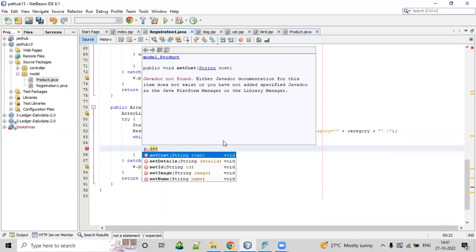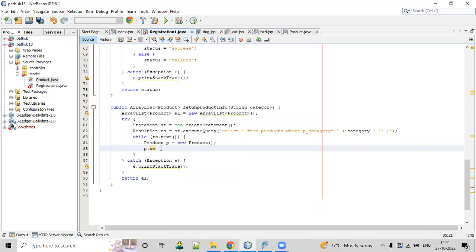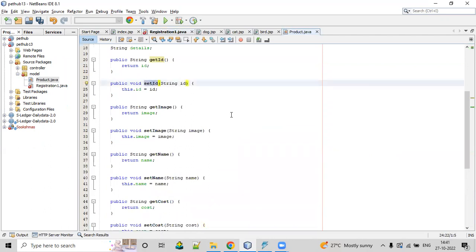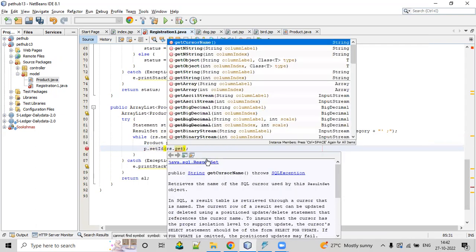See, if you type set, the suggestions come up there. All the 5 methods are there in the Product.java, right? Whenever you type, the suggestions will come. Set first is ID. If suggestions are not coming, you can just copy paste. Set ID, p dot setID. What value am I going to store now? Since all these values are string, rs dot getString of